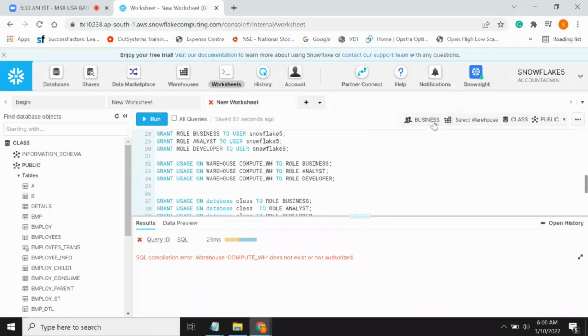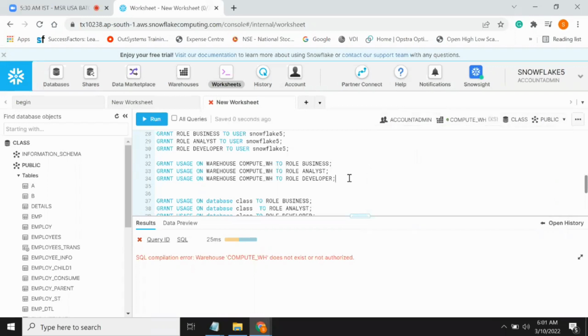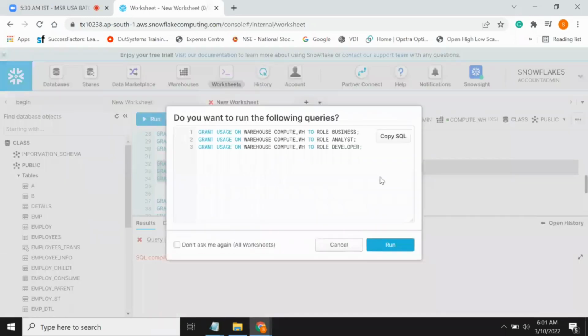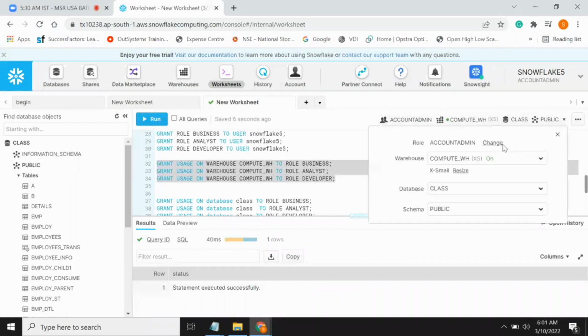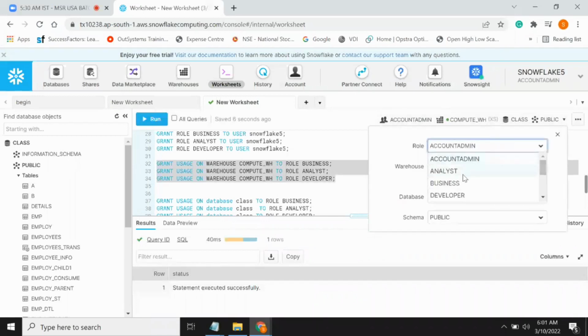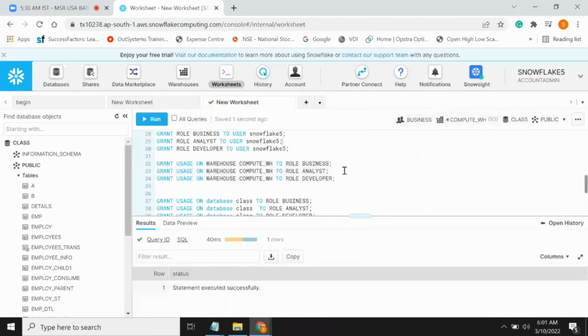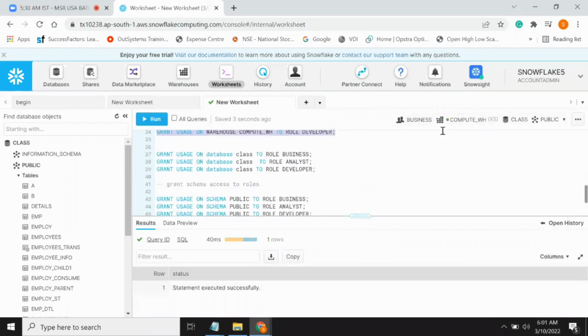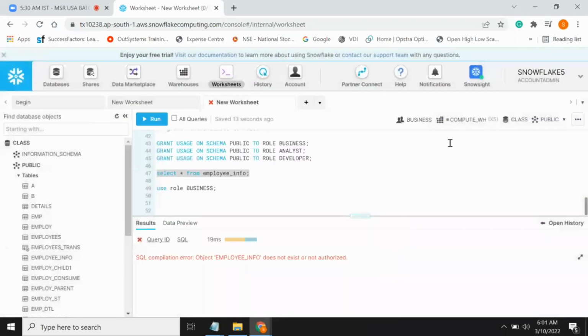Let me change back to the account admin. Let me execute this one. Warehouse is done. Now let's connect back to business. Let me execute this one. So we didn't execute it, it seems. Okay, now it's connected to warehouse. Now let's check the data. Now we are in business, and this business can use this particular warehouse,